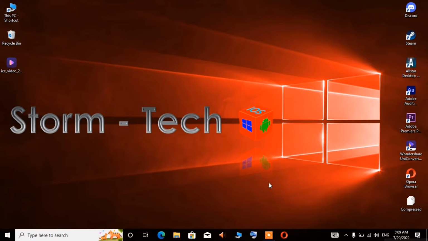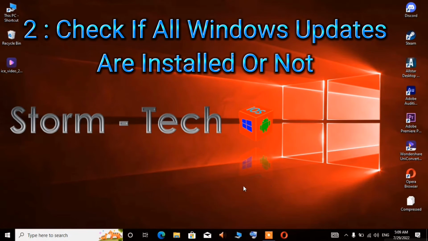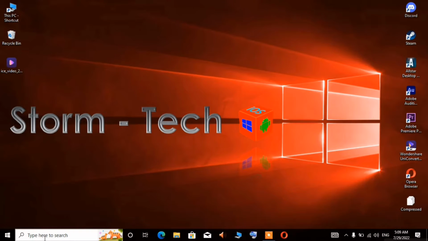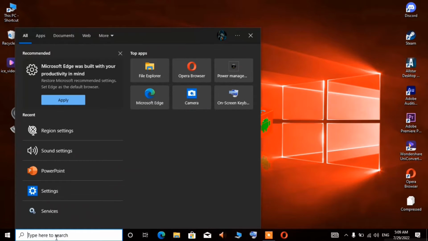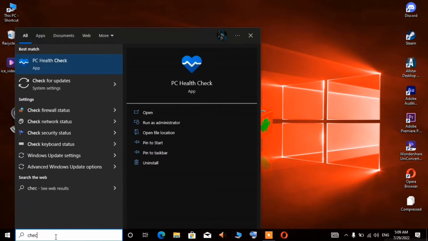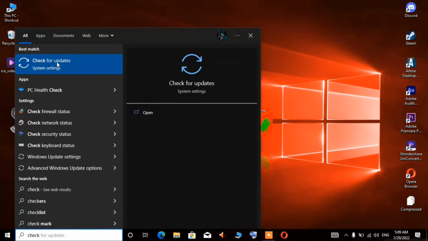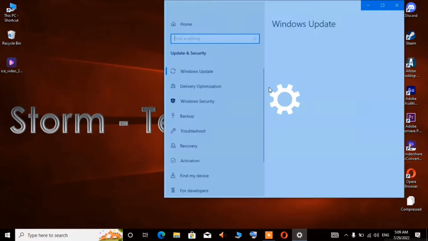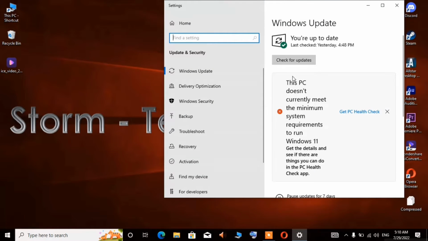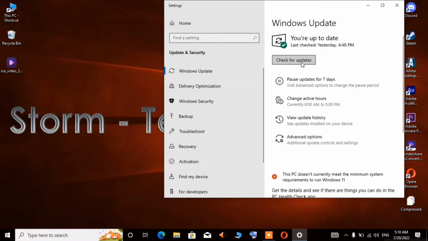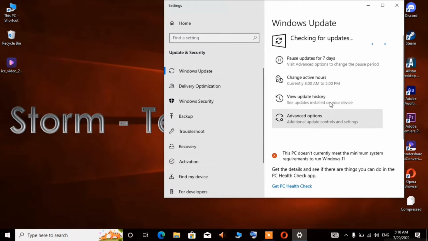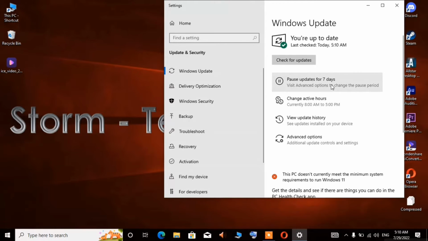So if this doesn't work, try checking if all Windows updates are installed or not. To do that, type in the search box, check for updates. Select this option, and in the Windows Update section, select check for updates and see what the result is. If there is any update available, try to download and update your Windows, and if there weren't any updates available, try the next method,